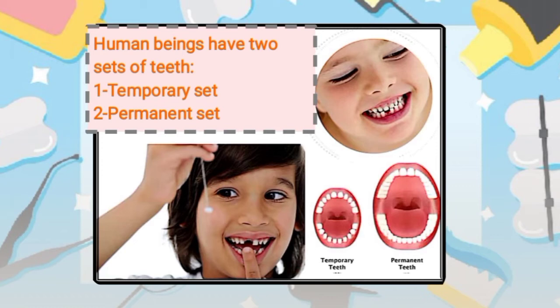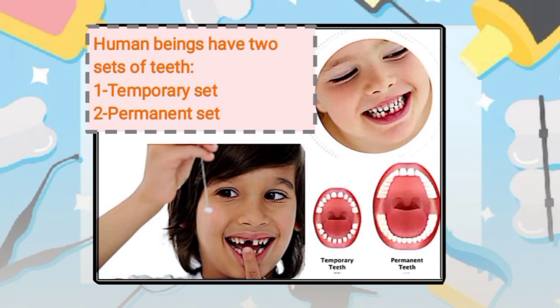Like they help the child bite and chew the food, which is essential for the child to gain proper nutrition during his or her early years. They allow the proper development of speech. They create and hold space for eruption of permanent teeth, which is second set of teeth in the jaw. They ensure proper tooth alignment when the permanent teeth begin to erupt. They build confidence and self-esteem in the child.